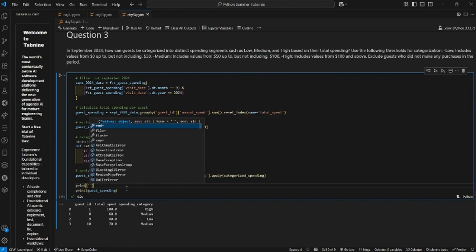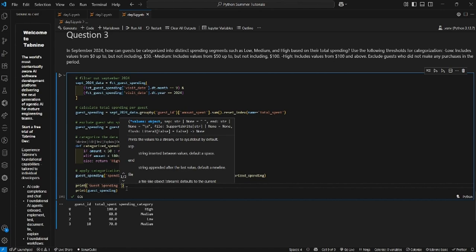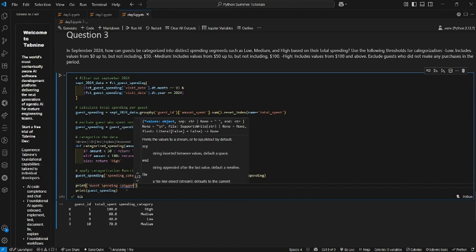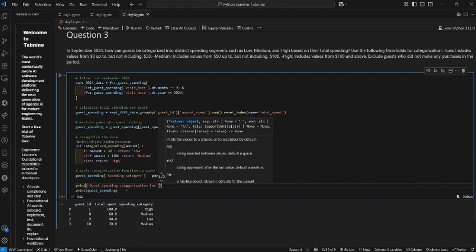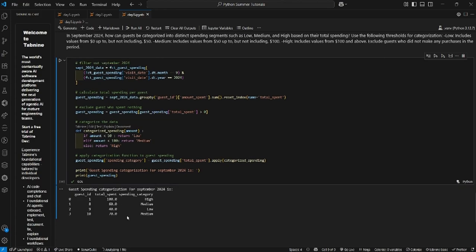Heading of guest spending categorization for September 2024. Yes. Okay, now we've come to the end of